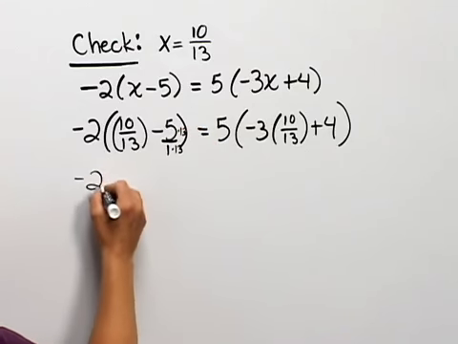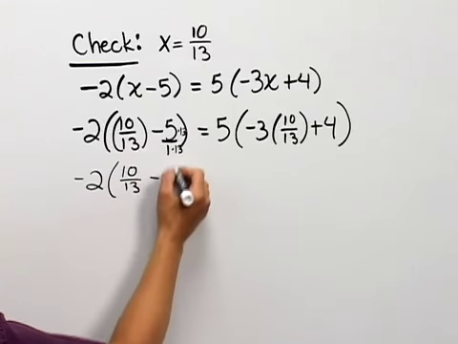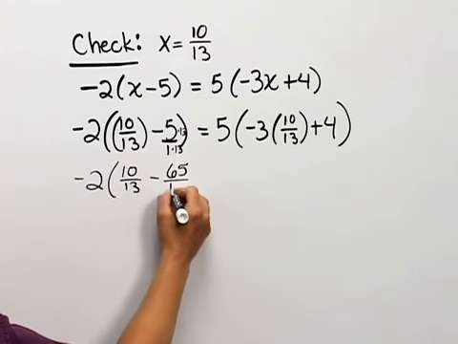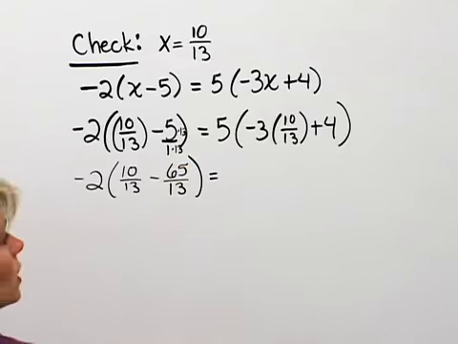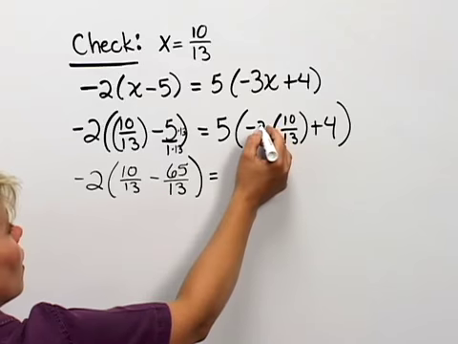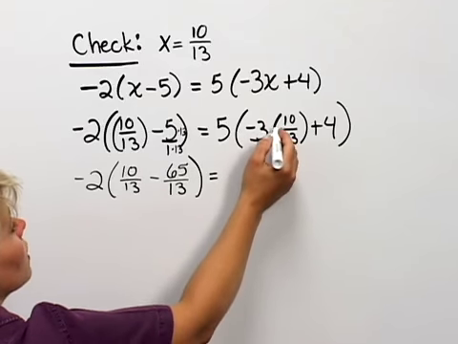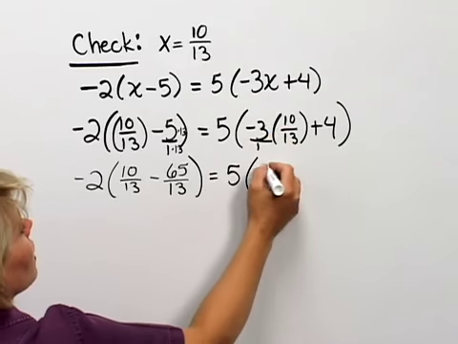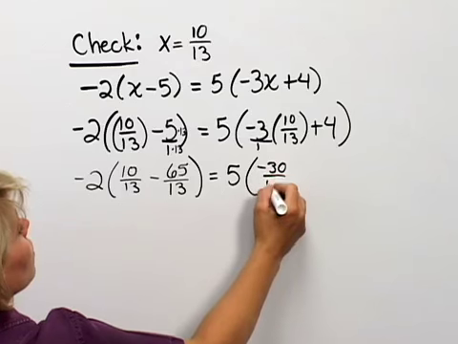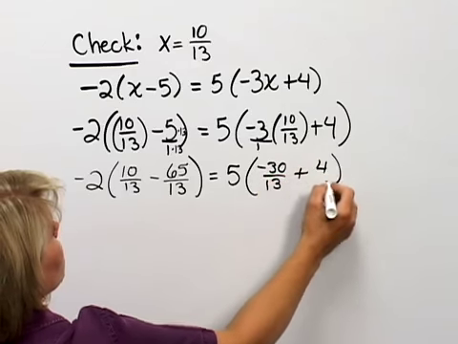That gives us negative 2 times, we have 10/13 minus 65/13. Over here, we need to multiply our negative 3 and our 10/13. That's negative 3 over 1. If you multiply straight across, we're going to have a negative 30 over 13 plus the 4, which is 4